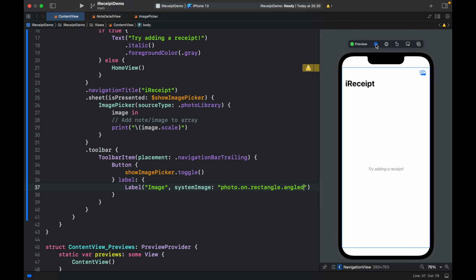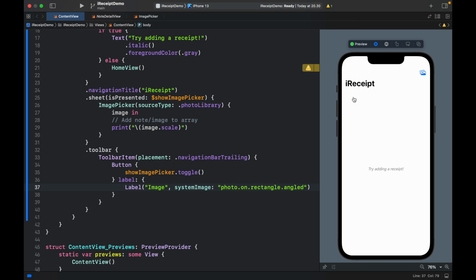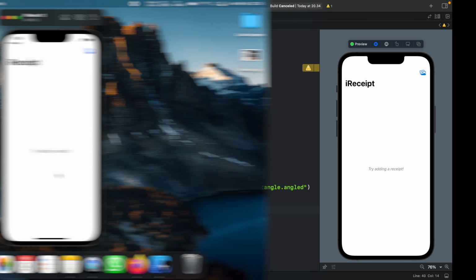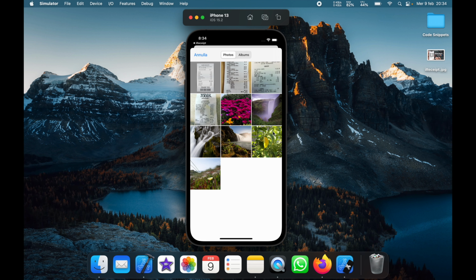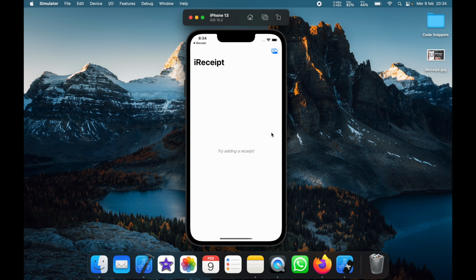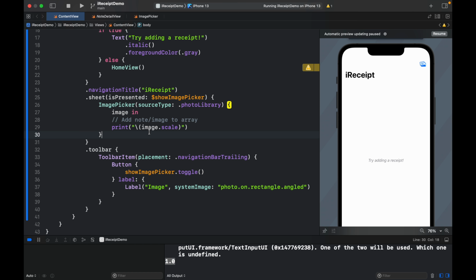And let's go ahead and run the live preview. Now, if you go ahead and tap on this, you should see an image library opening up. And if you tap on an image, it's going to load it. And of course, since we're not running a live emulator, we're not going to be able to see this print statement. So let's go ahead and actually test if that's working by running the emulator. So right here, we can go ahead and tap on this image over here. And it's going to load the image library where we can select an image such as that receipt. And when we go back, it's going to give us this output, which says 1.0, which is the image scale, which means we successfully were able to select an image